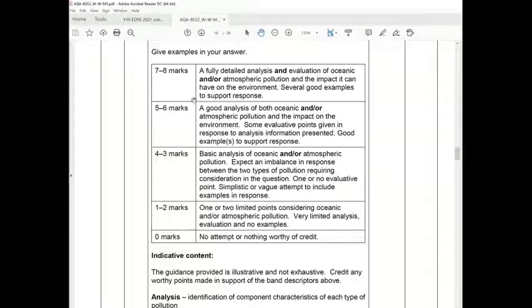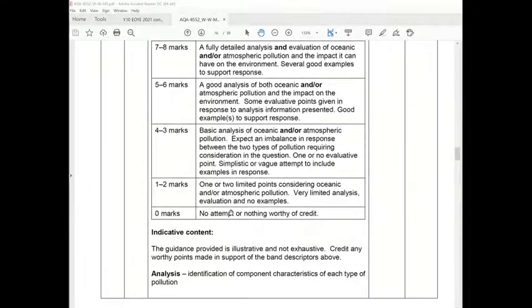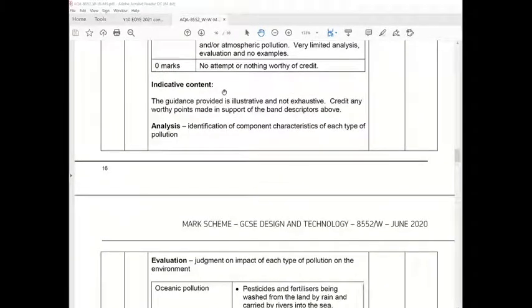So you can see if you want to be getting 8, you've got to make sure that you're evaluating, which I think everyone in my groups failed to do. A good analysis of both oceanic and or atmospheric pollution. Some evaluative points given. Sorry, I'm at home and that's my dog. So you can see as we go down the mark scheme that we have to provide less and less information, as you would expect. We've got indicative content,